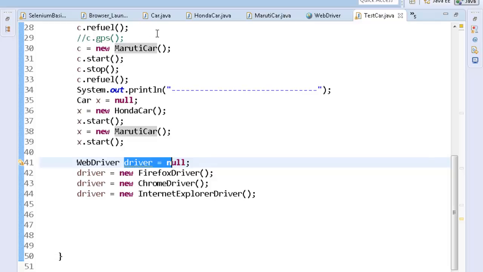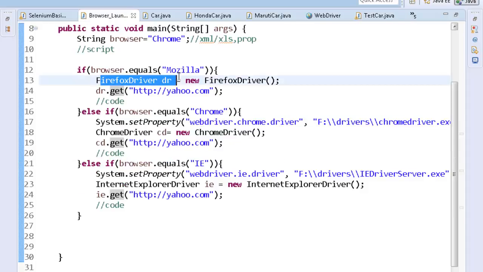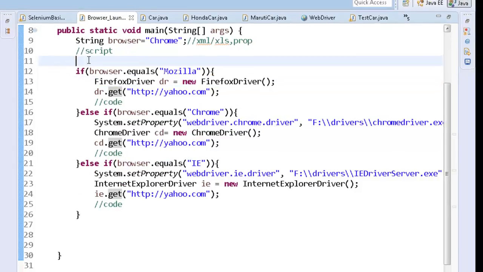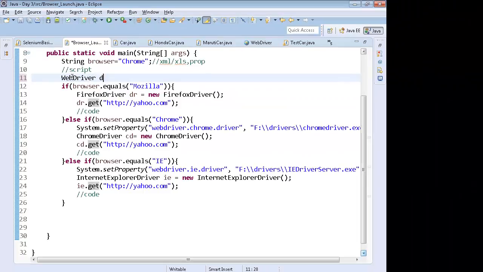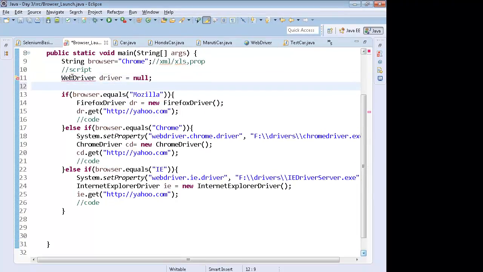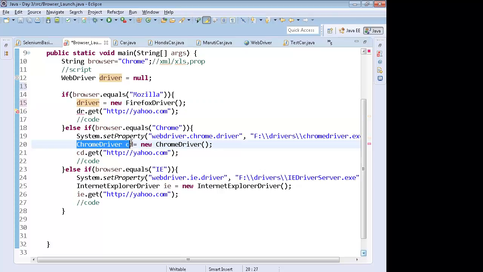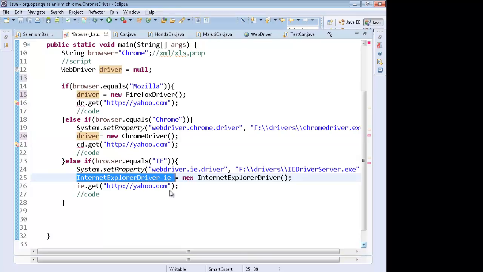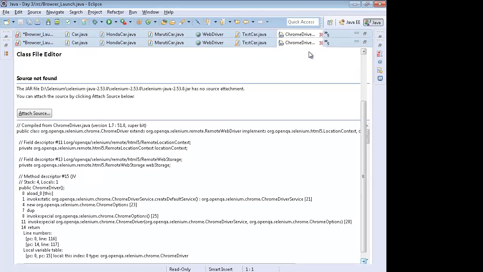So coming back to our problem, this was the problem. What I'll do is that I'll declare driver equals to null in the beginning. Based on my decision, I can make driver point towards Firefox driver, or Chrome driver, or iDriver.